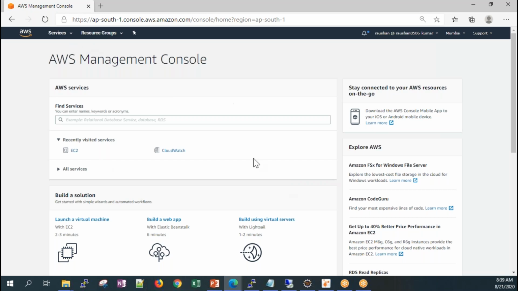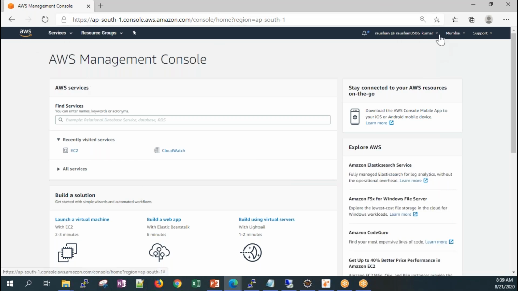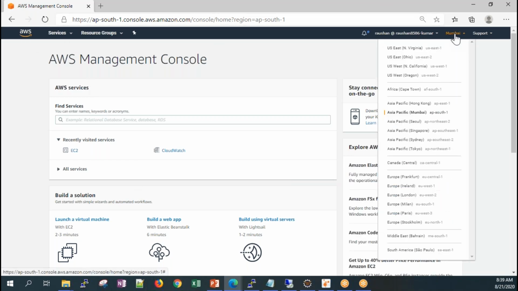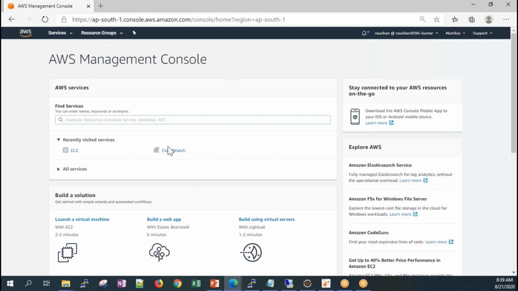This is the AWS console, and we will all have this account. You can see I have used Mumbai as my region. This is called a region. Just listen, and if you're not getting it, no worries, we will go over this in detail: what is a region, what is an availability zone, what is a fault domain. We'll talk about all of this in detail.